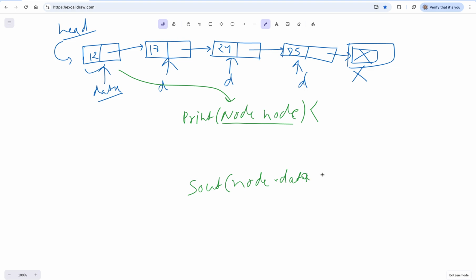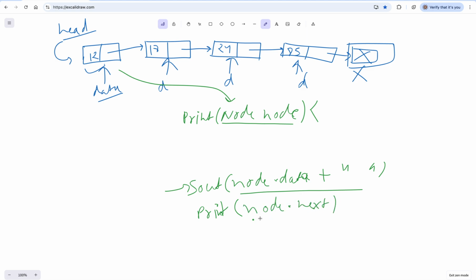After you print the node dot data, you can print a space also, just for a good look and feel. And as soon as you have printed the data, you need to go to the next node, so you call print again with node dot next.